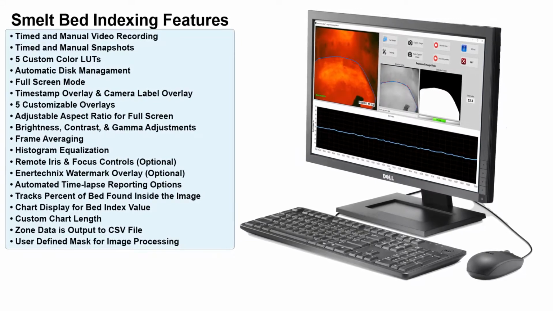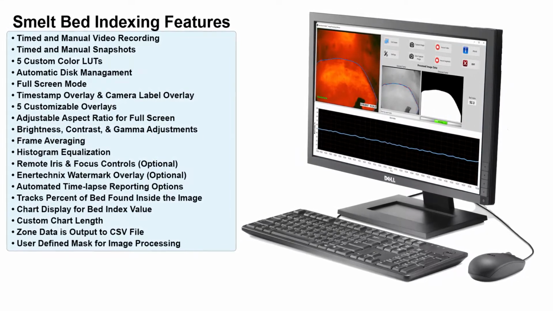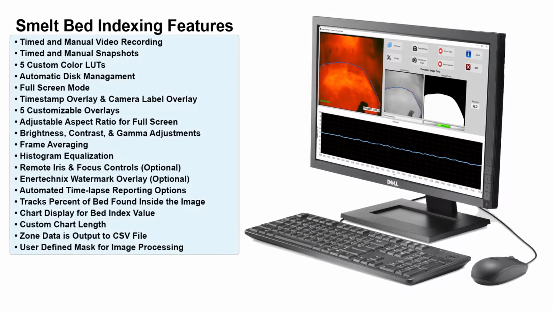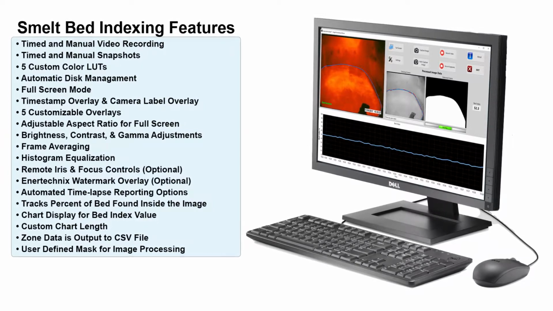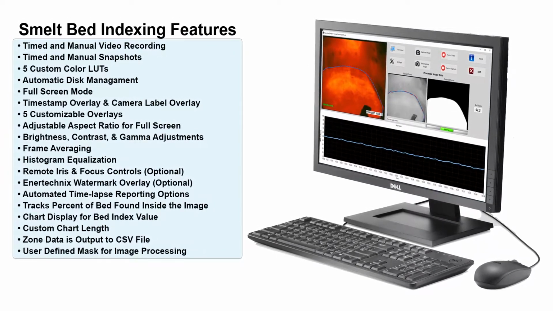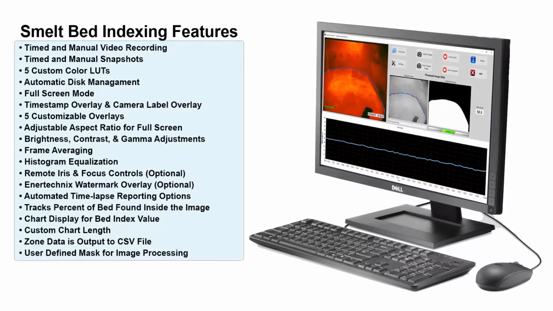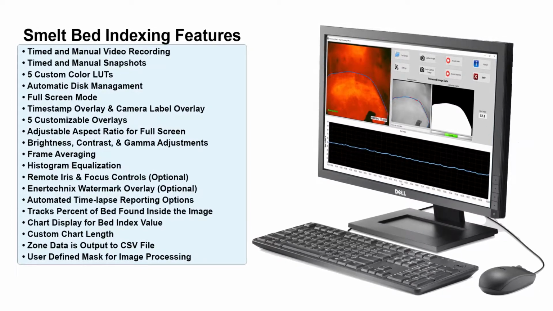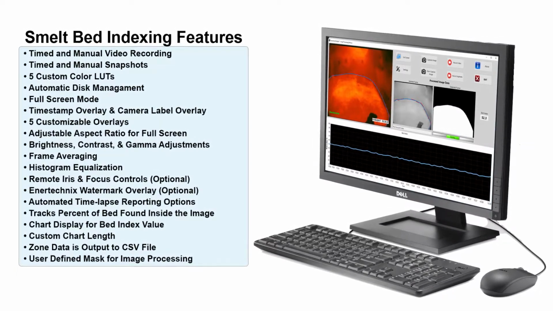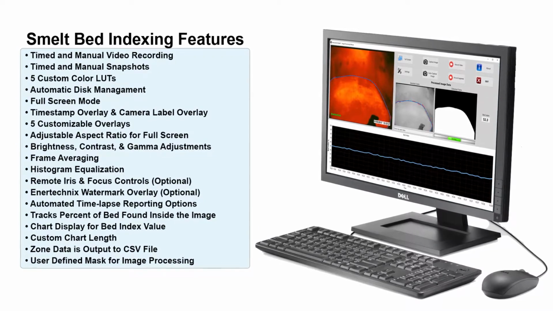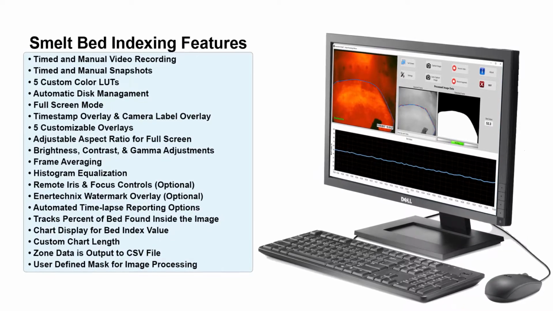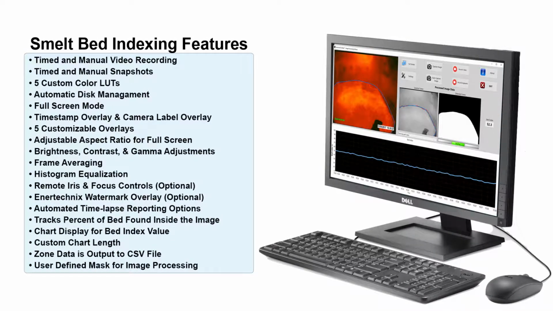This version of the software contains timed and manual video recording, timed and manual snapshots, 5 custom color lookup tables, automatic disk management, full screen mode, time-lapse overlay and camera label overlay, 5 customizable overlays, adjustable aspect ratio for full screen mode, brightness, contrast, and gamma adjustments, frame averaging, histogram equalization, remote iris and focus controls with the optional hardware, Technics watermark overlay, automated time-lapse reporting options, tracks the percent of the bed found inside the image, chart display for bed index value, custom chart length, zone data is output to a CSV file, and we have a user-defined mask